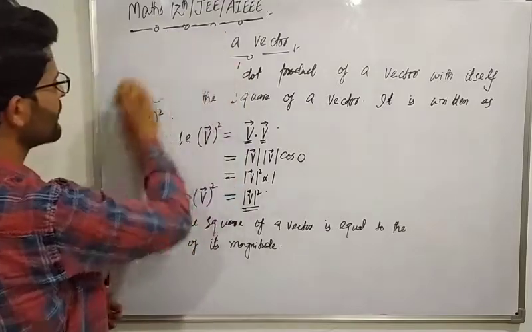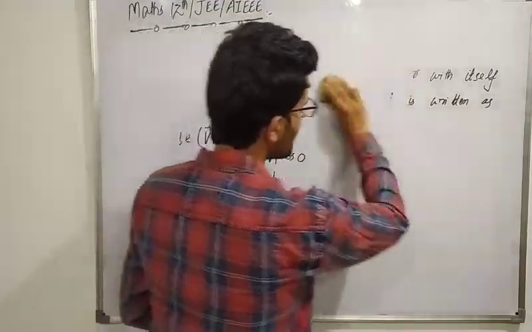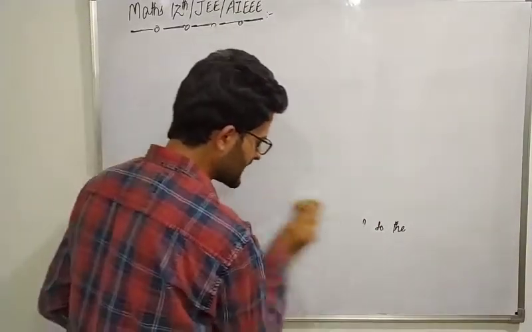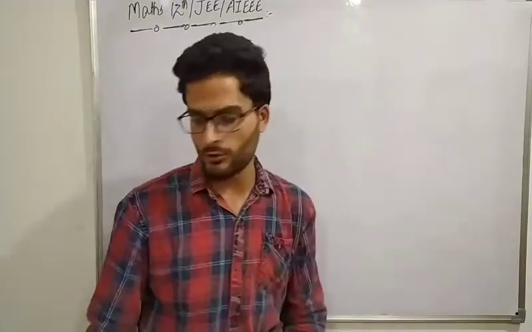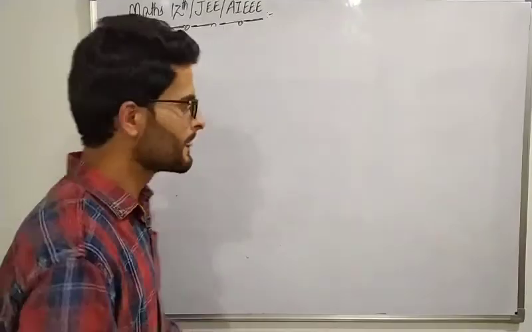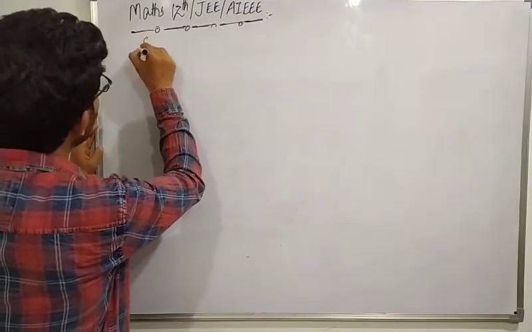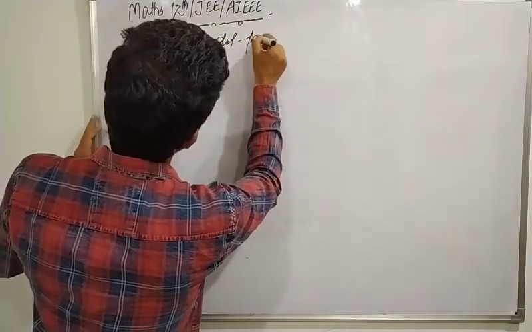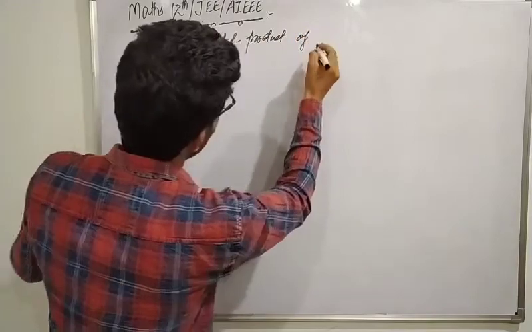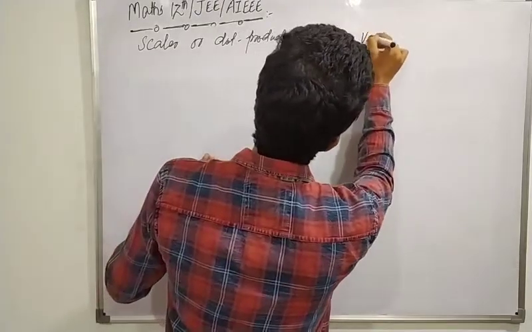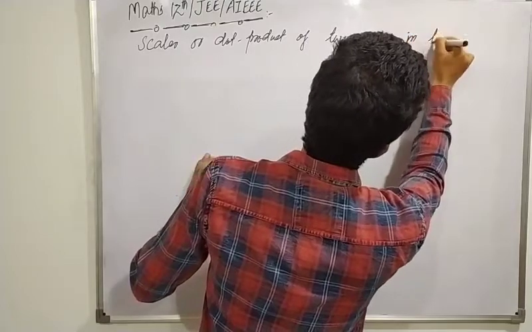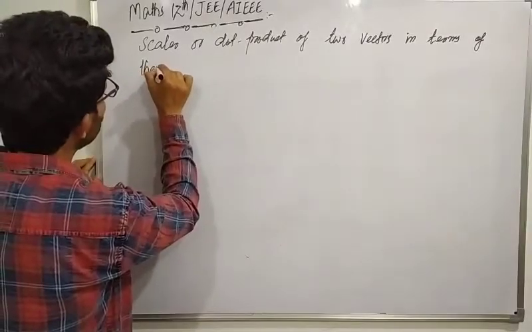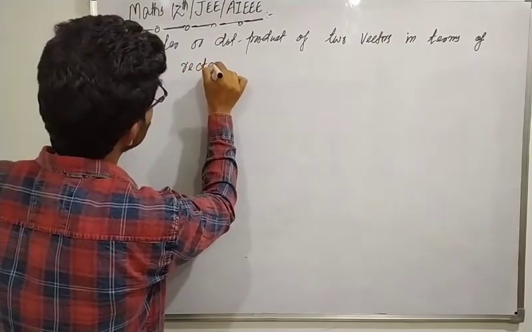Now next lies another topic very much important again, and that is the scalar or dot product of two vectors but when they are represented in terms of their components। यहां पे हम उन components को rectangular components भी कहते हैं। तो scalar or dot product of two vectors in terms of their rectangular components।